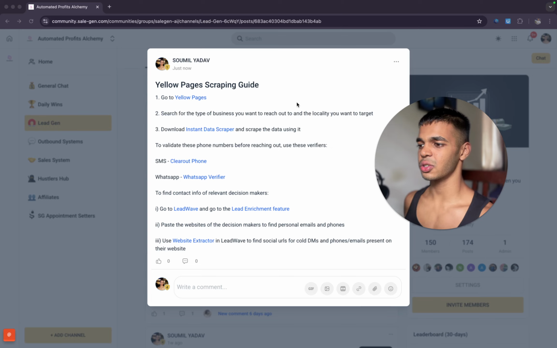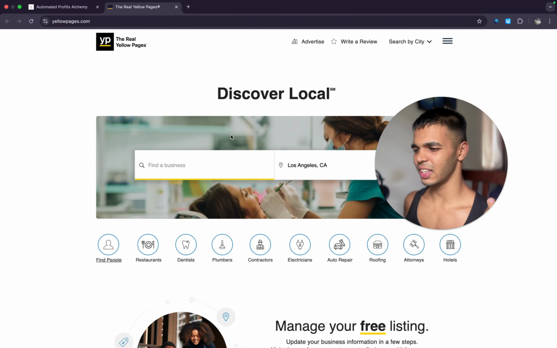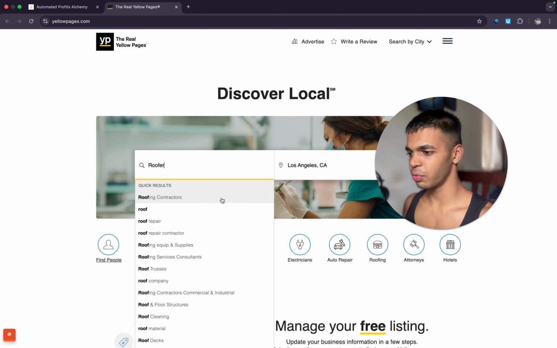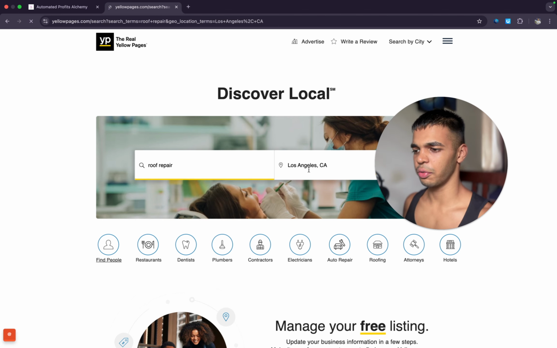The first thing is obviously you need to go to Yellow Pages. So just go to the Yellow Pages website, and from here it's pretty simple and straightforward. Over here you can enter the type of businesses you want to scrape. They have a bunch of different categories like restaurants, dentists, plumbers, and so on. So let's say I want to reach out to roofing companies. I'll just search for, let's say, roof repair,